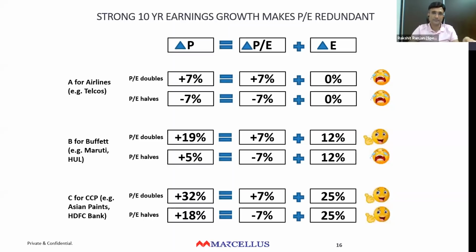Because category C, which makes the PE multiple redundant for a 20% plus compounding outcome, category C of 25% earnings compounding, is not available to investors such as a Warren Buffett, or in markets such as, let's say, the US, UK, Europe, Japan, etc. You do not get a Walmart or a Coca-Cola or a Goldman Sachs to compound earnings at 25% decade after decade, not year after year, decade after decade, over longer periods of time. You do not get those sorts of candidates in the foreign world.